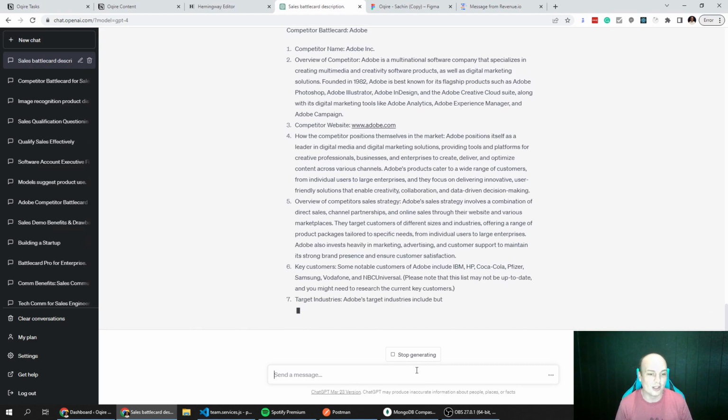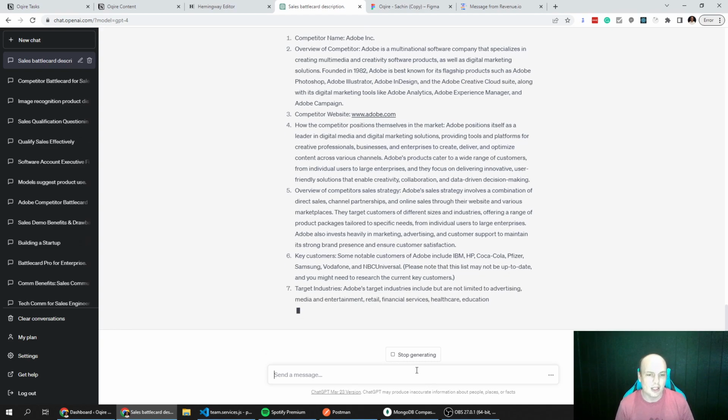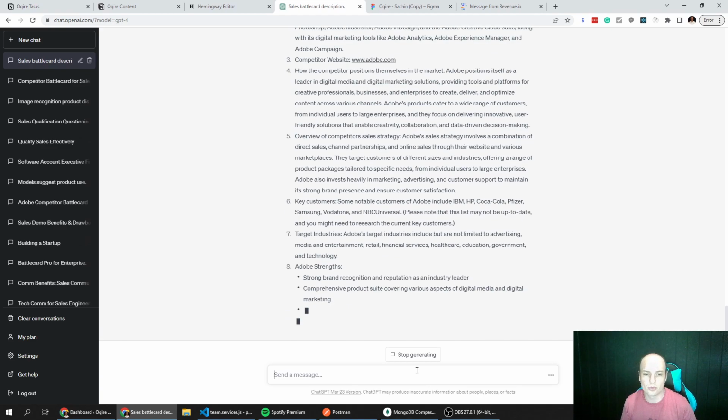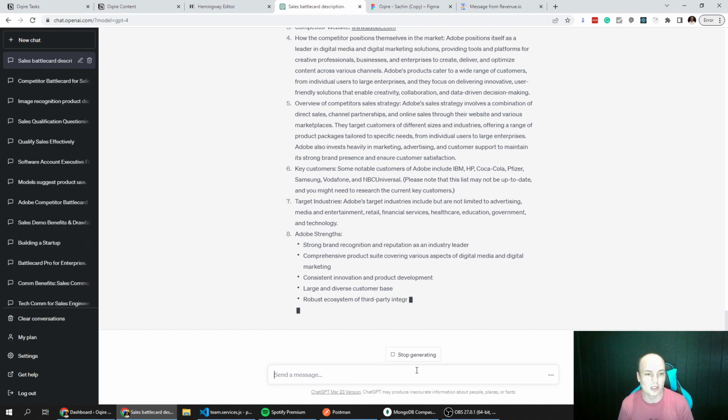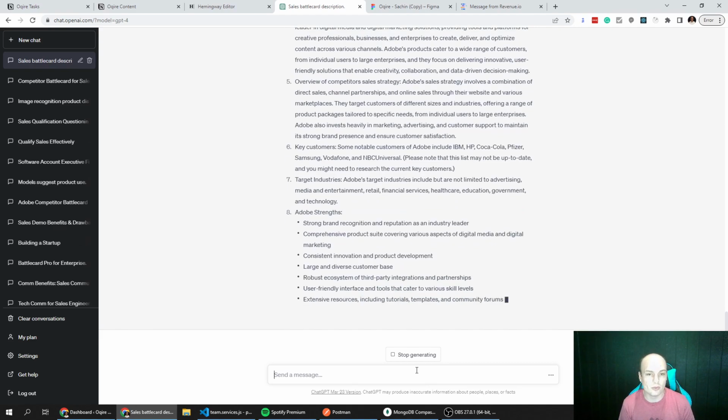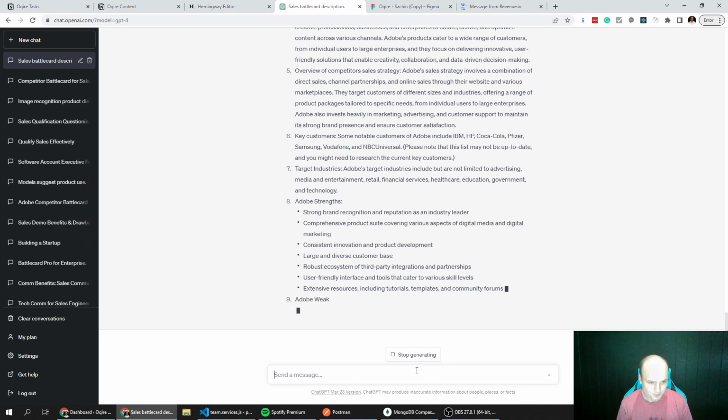Again, it's got that little warning there about maybe not being up to date. I think that's new since I ran this command. I ran it 2 or 3 days ago, and didn't have that warning. So it seems like there's been some product updates. And it's basically going to go through and do what you would expect.